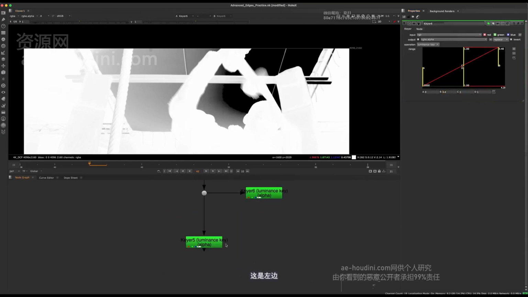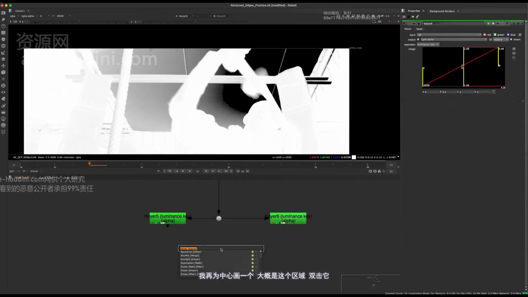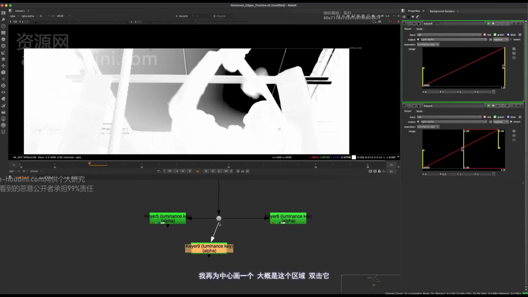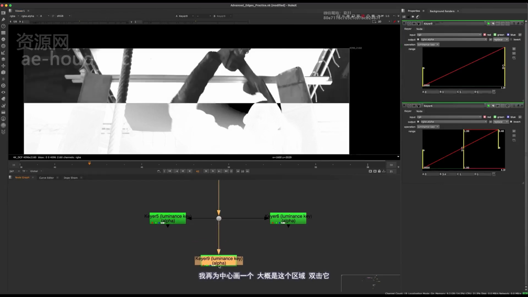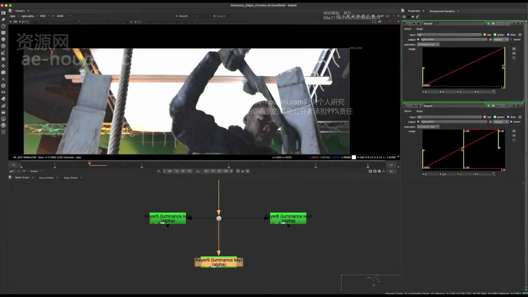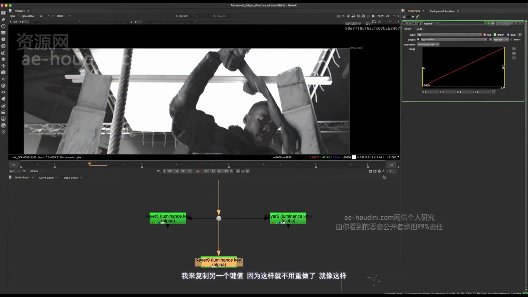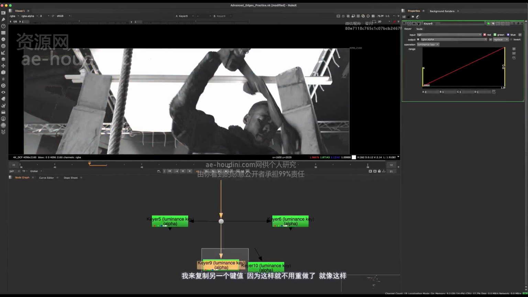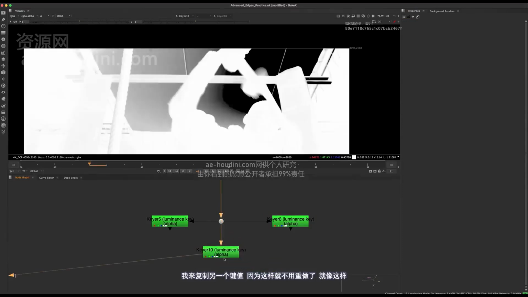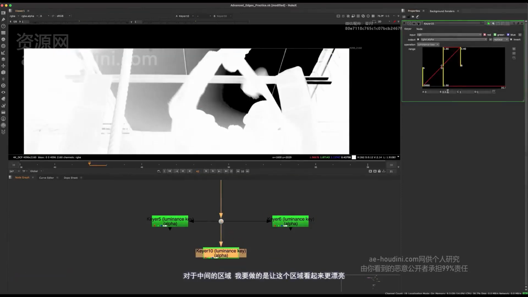And so this will be the left side. This will be the right side. And then I'll just do another one for the center, sort of this area here. And I'll double click that. And let me actually copy one of my other keyers so I don't have to redo it. So something like this, and then for that middle area, I'm just going to make it so it's keying this